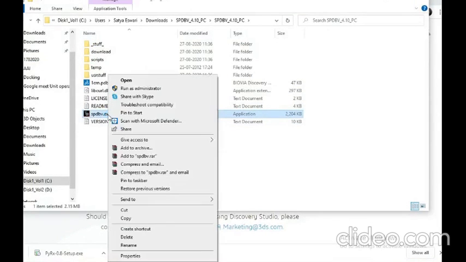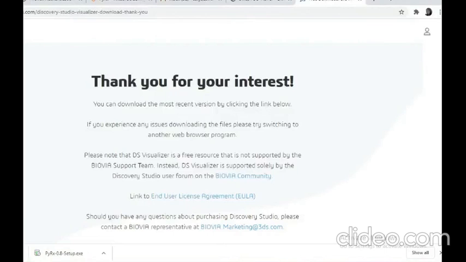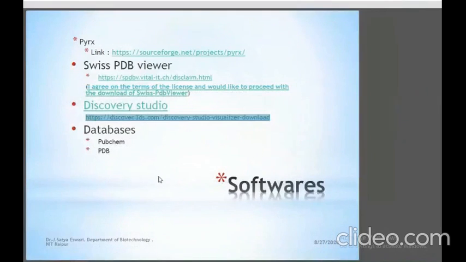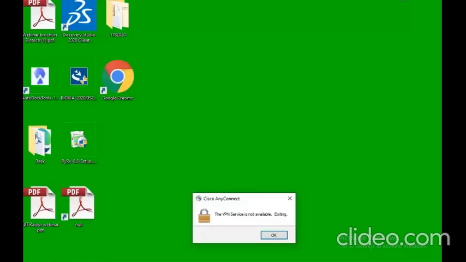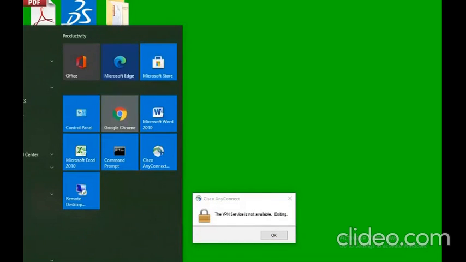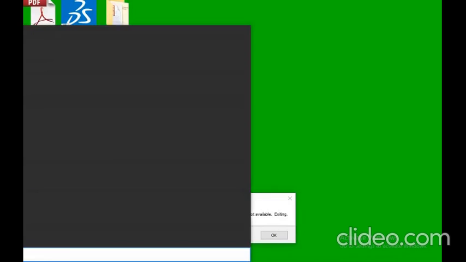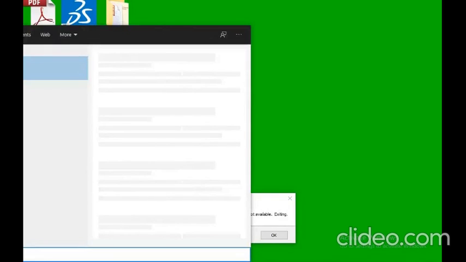It was already installed for me, so I'm not installing right now. The window looks like this. That is SPDB Viewer. If the shortcut is not created directly, you can go to the start window and open SPDB Viewer.